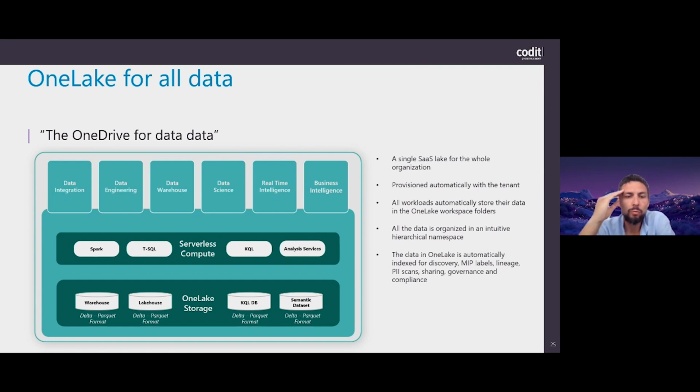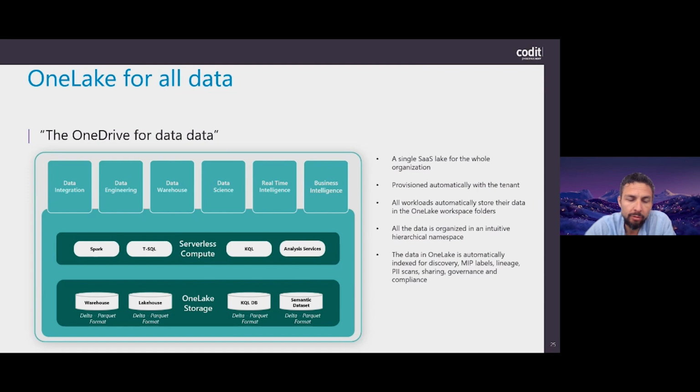So this is also why the OneLake storage is decoupled from the serverless compute. Depending on which experience you are using, different serverless compute will be used. That serverless compute will make the translation, depending on whether you are using, for example, Spark or KQL, so that it can access the OneLake, and in OneLake, everything is stored in Delta Parquet format, which is optimized for querying, and which has all of the versioning and all of the ACID compliance in there, so your data can be updated, deleted, and things like that in a reliable way.